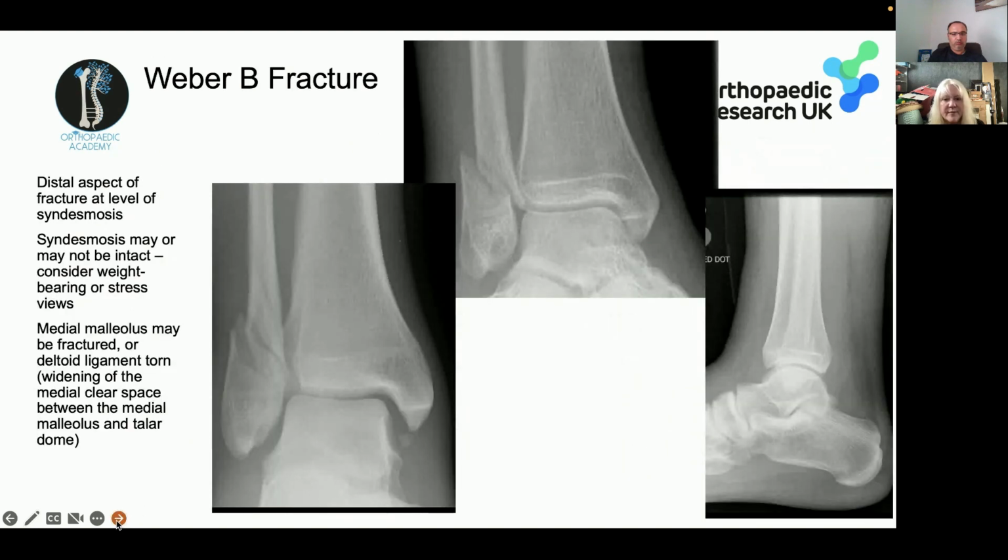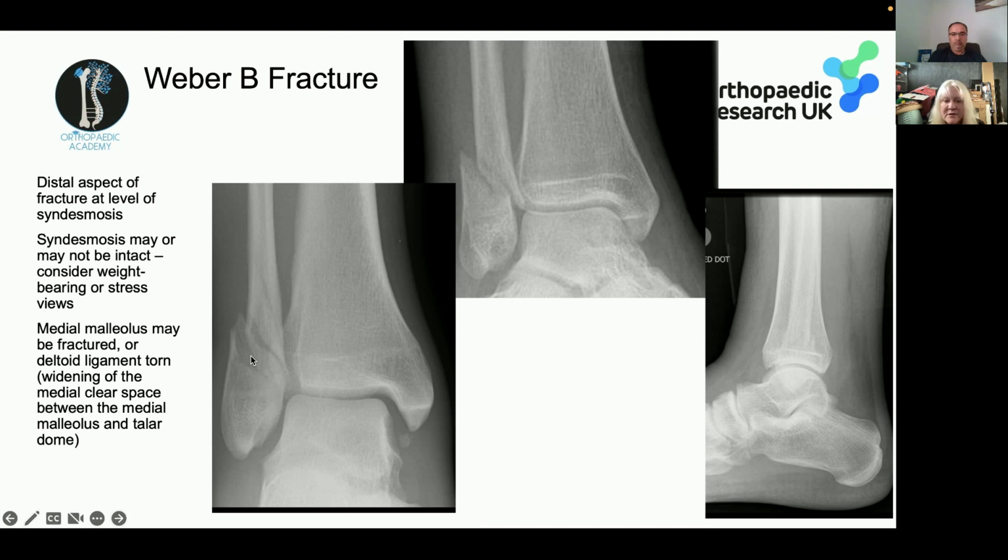Let's have a look at a B. So this is the typical configuration that you see with a B fracture. If you look, the fracture line goes into this area, which is the syndesmosis. And if we look at the joint space around here, so we know this is a mortise because there's no overlap between the distal tibia and the talus. What we can see is that